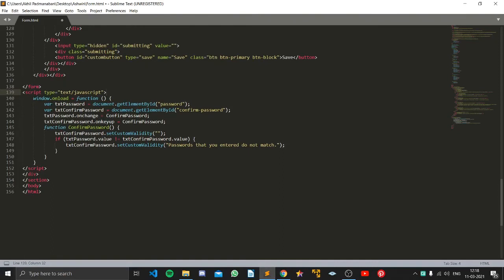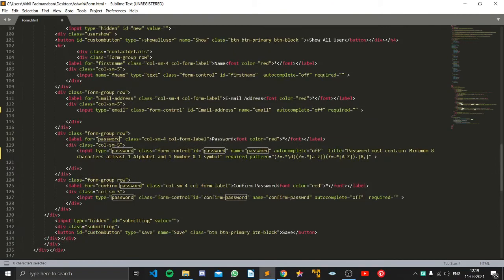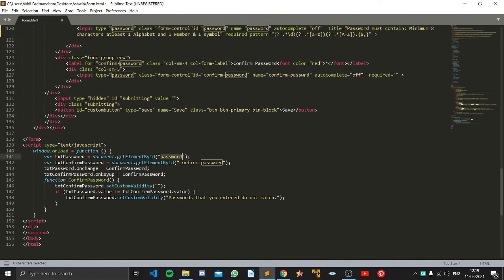First, var means the data type, for the text password and text confirm password itself. With document.getElementById, first we are taking the password, then taking the confirm password. This is what I said earlier; you have to check that. Look here, the type should be password. The confirm password should be similar, or else there will be an error.